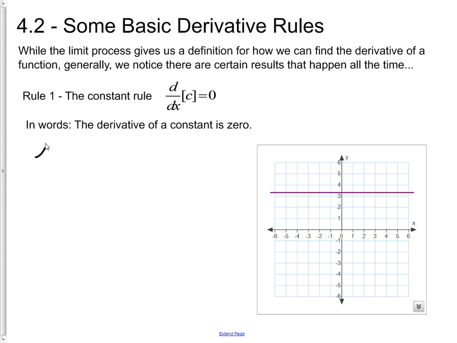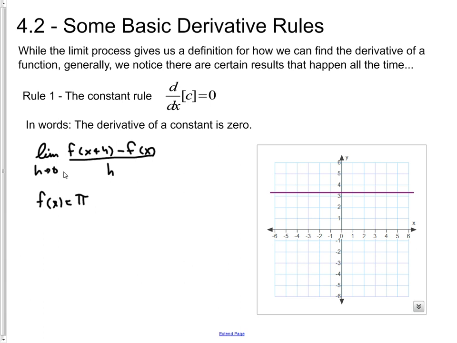Anytime we take the limit as h approaches 0, this is the way that we had gone through it: the limit as h approaches 0 of f of x plus h minus f of x, divided by h. And f of x is some constant, like, let's pick one. Let's say f of x is equal to pi. There's a good constant,